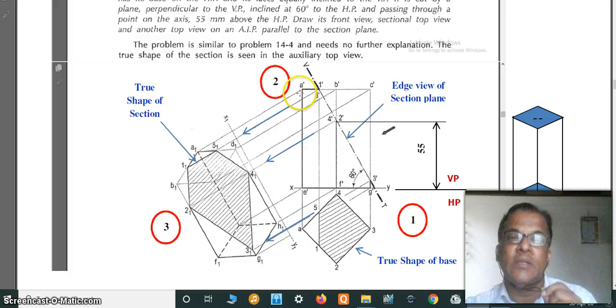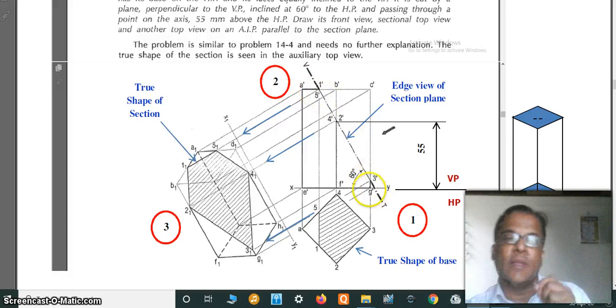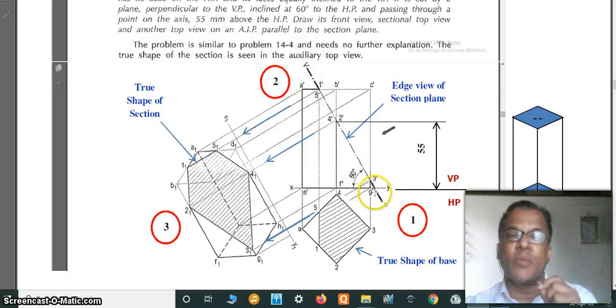Here again, this is the top of the prism. So the top of the prism is somewhat like this here now. So here the 2 cutting points are there, namely 1 and 5. So 1 dash, 1 1, 5 dash, 5 1. So there are 2 points here which you can see afterwards in the true section. So these are the 2 points which you can see here, and this is only 1 point. So 5 points are there. So numbering of the 5 points is very important. So start from this 1, 2, 3, go back 4 and 5.